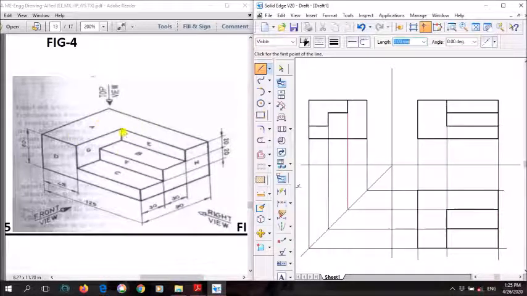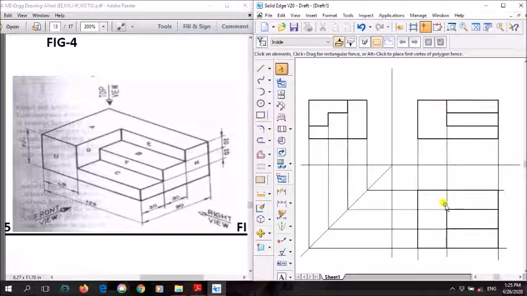So this is your front view. In front view, A section is visible. This is the top view. In top view, A section is visible, B section is visible, and C section is visible. This is A section, this part is B, and this one is C. So this is the front, top, and the right view. Clear?